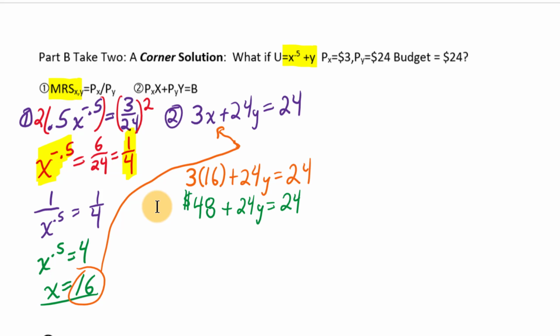Pause. Think about what we see right here. This is a budget equation. And what this is telling us is that if we buy 16 x's, $3 each times 16 x's, we're going to be spending $48 on x. How much money do we have in our budget? 24. Something has gone strange with the math here. And what we're discovering right now is